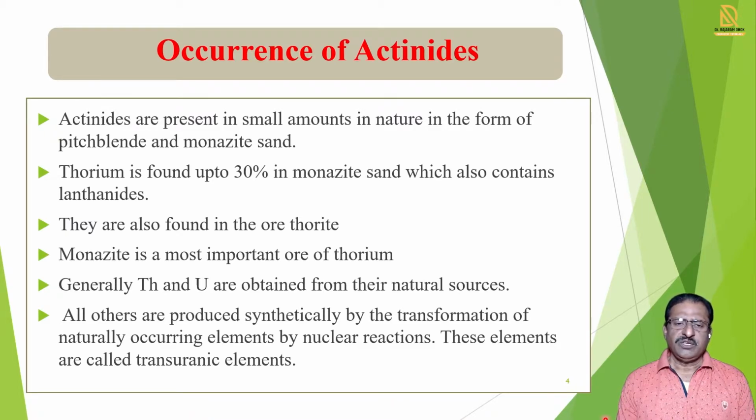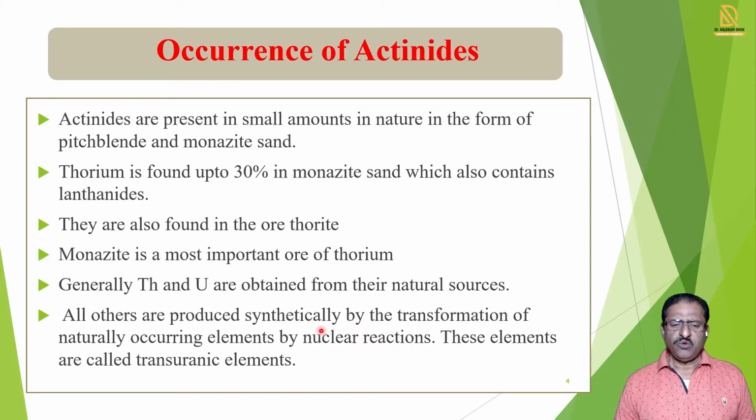Now if we see the occurrence of lanthanides or actinides in such ores in different countries, in India such ores are in less quantity, and in other countries they are in large quantity. Such compounds or actinides are also present in the thorite ores. This monazite sand is the most important ore for thorium, and thorium is extracted only from that; there is no other alternative source for thorium.